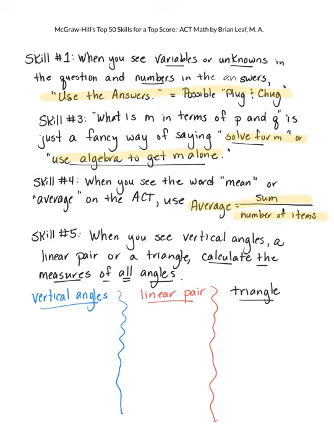Skill 5, when you see vertical lines, a linear pair, or a triangle, calculate the measures of all the angles. This is so you don't get caught up or tripped up in not answering the question that was asked. So I'm going to quickly go over vertical angles and linear pair. Those of you who have not had geometry, you will have this early on in the year next year. So you can be watching for that. But with vertical angles,